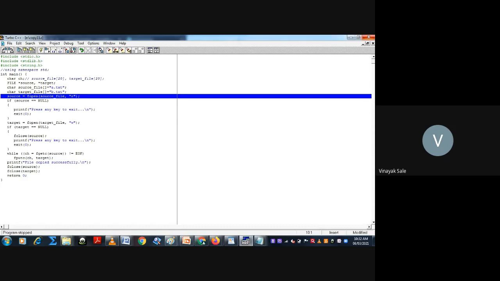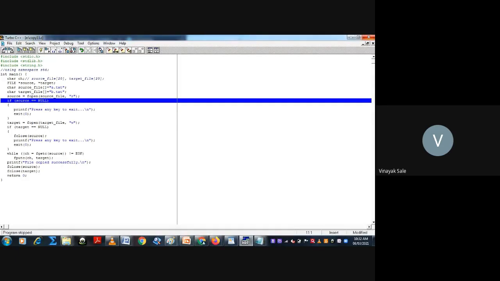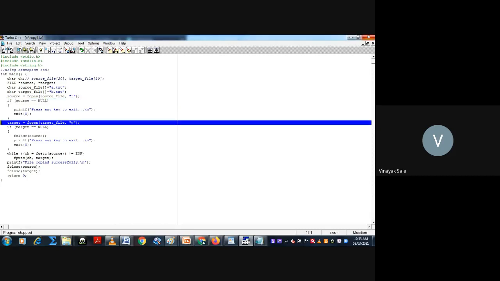It will check whether source is equal to null with the if condition. If it is true then exit, if it is false then go to the next statement. Then target is equal to fopen target file for writing, that is "w".